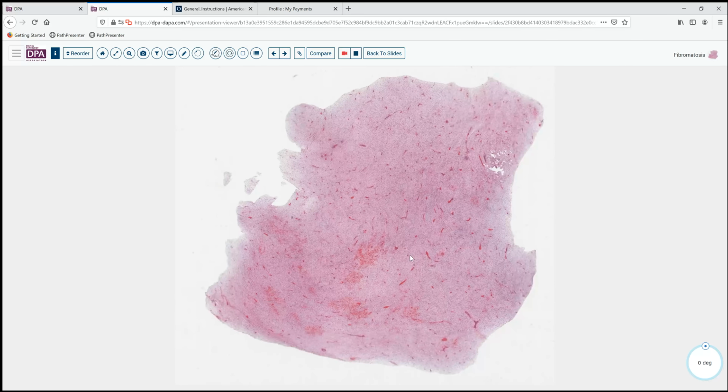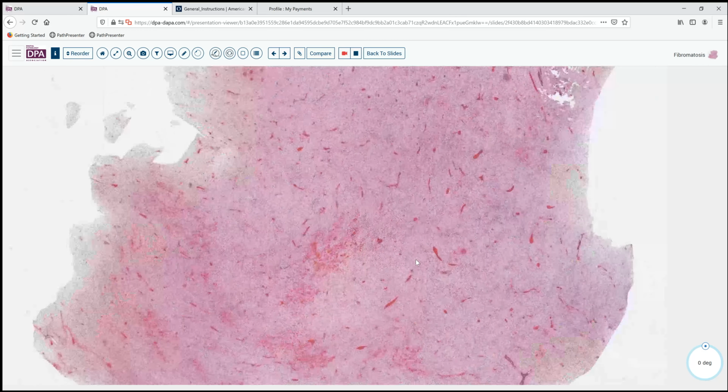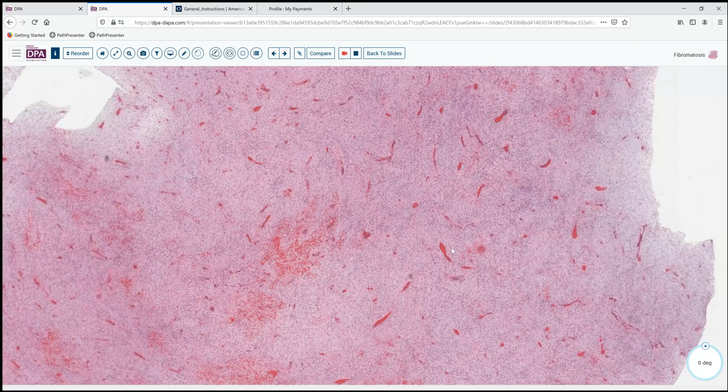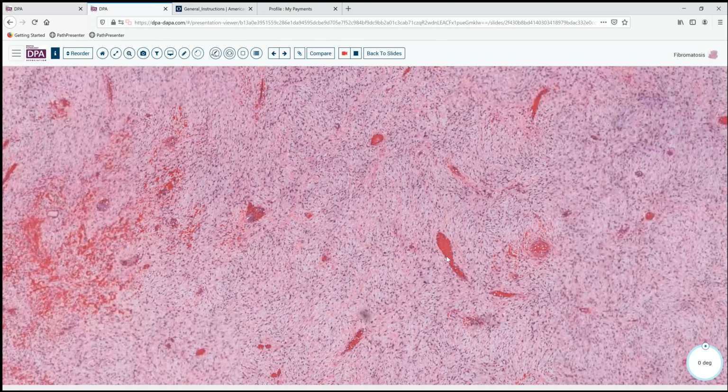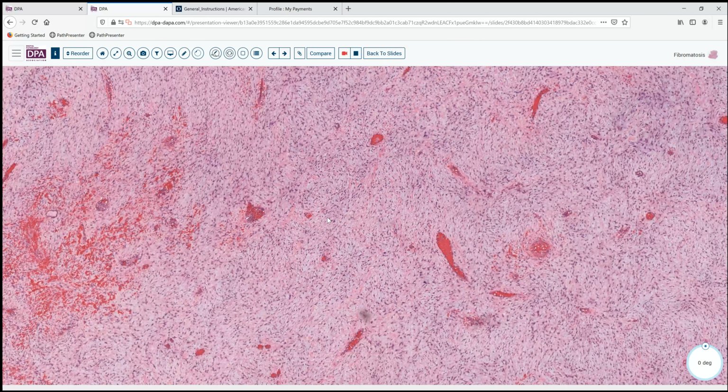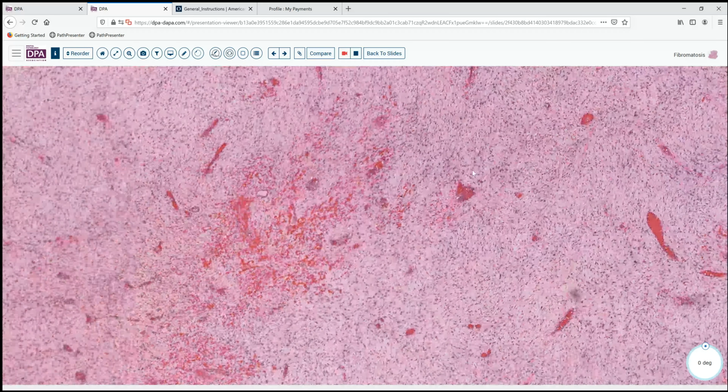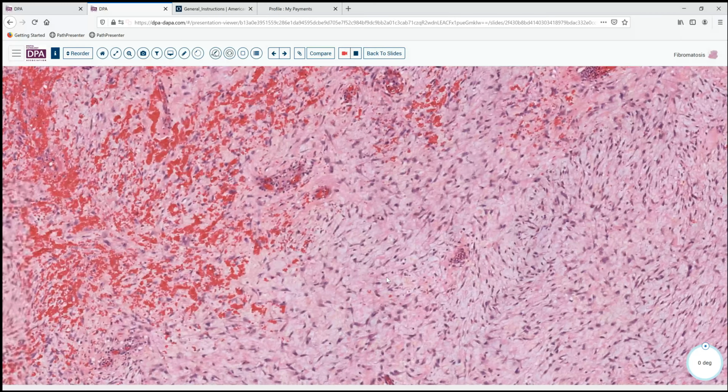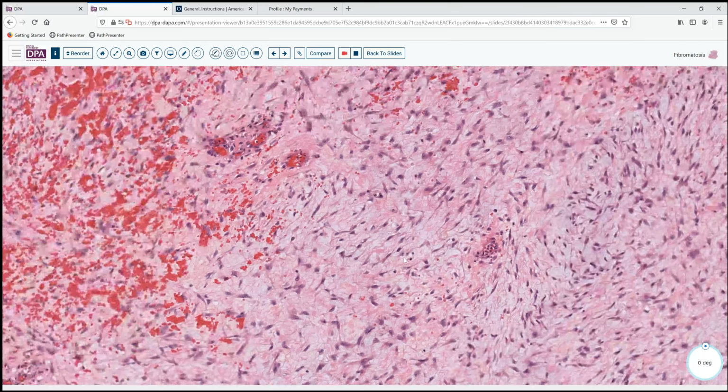So here's a little additional section, purely mesenteric in origin, and we get a little bit more of this sort of variable architecture with the vascular background. Here a little bit more dilated, sort of small to medium-sized vessels, some areas of interstitial hemorrhage. And then again, on high magnification, we see a little bit of collagenous matrix, a bit of mucoid, mucinous ground substance,